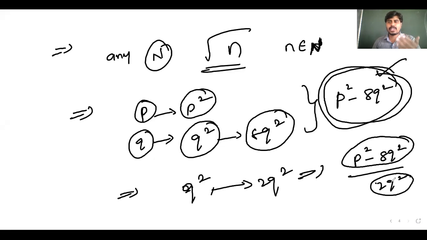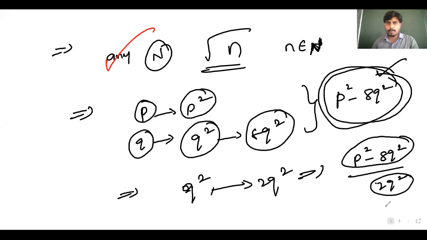As per the definition of a rational number, which is in the form p by q, where q is not equal to 0 and p, q are integers, the numerator and denominator must be integers. So integer by integer is a rational number, isn't it? So once again, I will conclude everything. Any natural number which is not a perfect square under the root is an irrational number, that we discussed here.